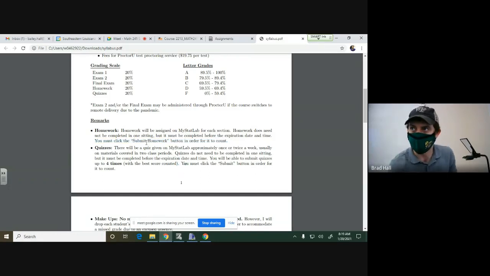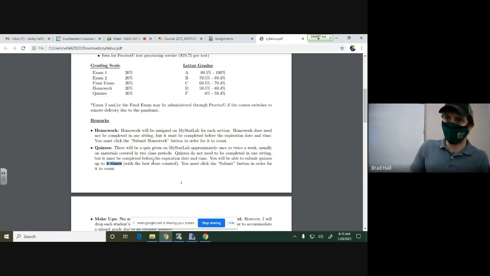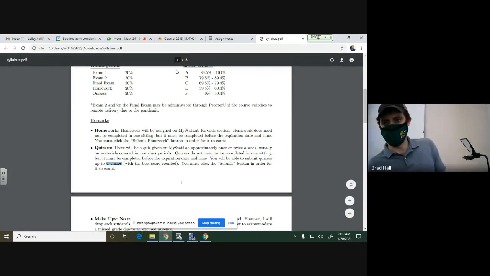The quizzes are a little bit different though. I'm going to give you 4 attempts for each quiz. If you took my class before, this was 10. I'm dropping this down to 4 because the quizzes go up in percentage. That means when you attempt one of these quizzes, I want you to really think about it. That gives you at most 3 attempts to mess around with it and see what's going on, and then a 4th time to hopefully bring it all together and get a good grade out of it. And of course, the letter grades are pretty straightforward, a 10-point grading scale.